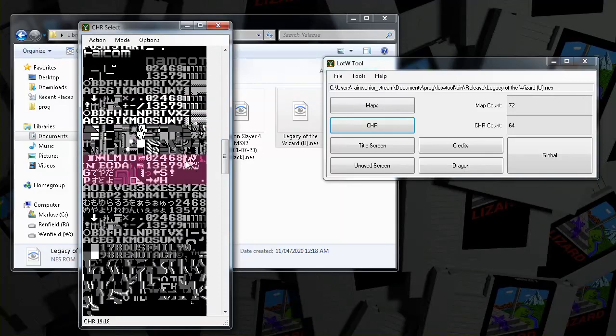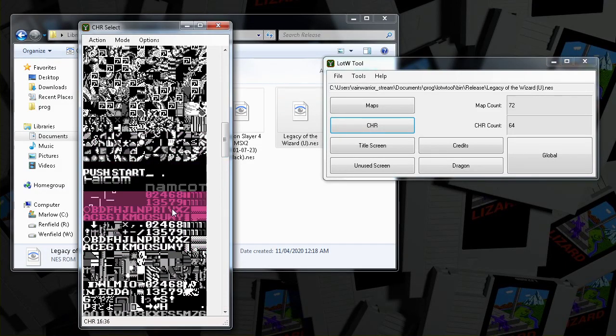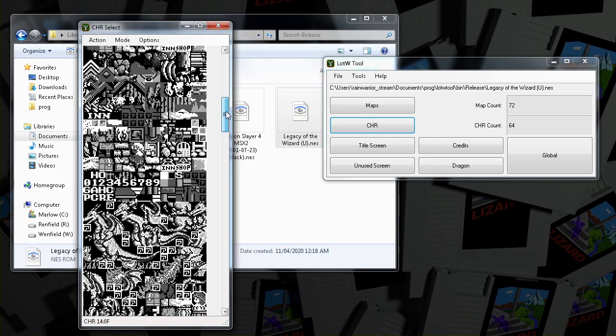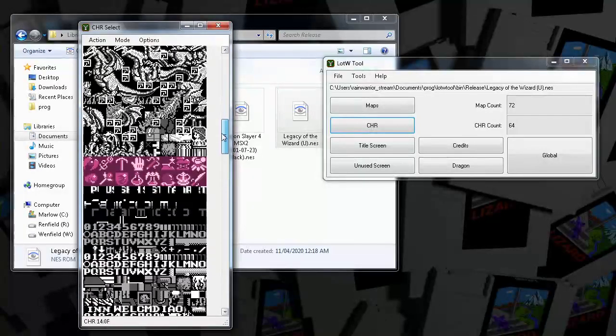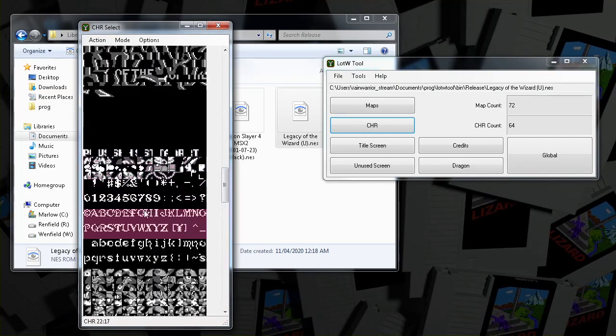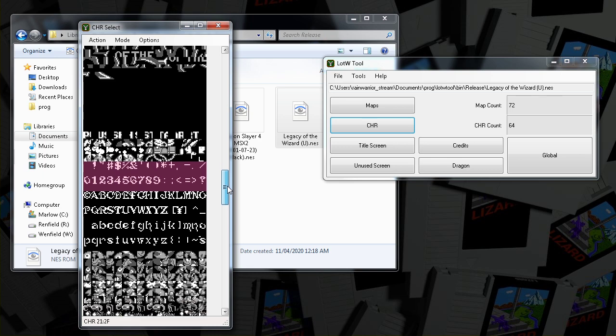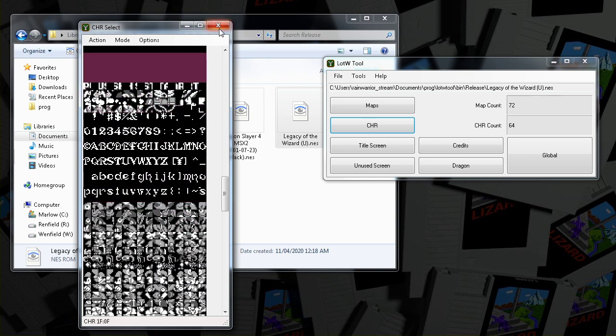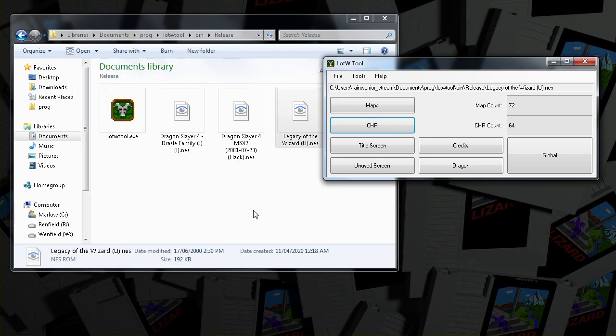Because any of them could be either, you have to manually select the mode, and if it looks jumbled, it's probably the wrong mode. If you're using one for background, it will be in background mode, and if you're using one for sprites, it'll be in sprite mode. So yeah, that's where all the graphics are stored in the ROM.